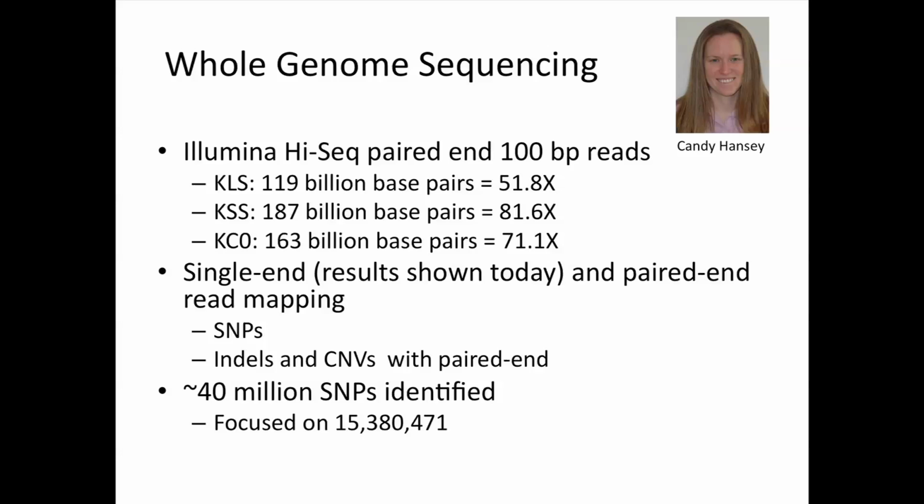I'm going to show you today just some of the results from the single end mapping, but we're also evaluating this with paired end mapping. With the first pass, we identified about 40 million SNPs in those populations, and the summary I'm giving today is summarized on about 15 million of those SNPs. So a very large diversity in these populations. When you look across various platforms of SNPs that have been characterized before, you see a large number, maybe at least 40 to 50% of the previously identified SNPs.